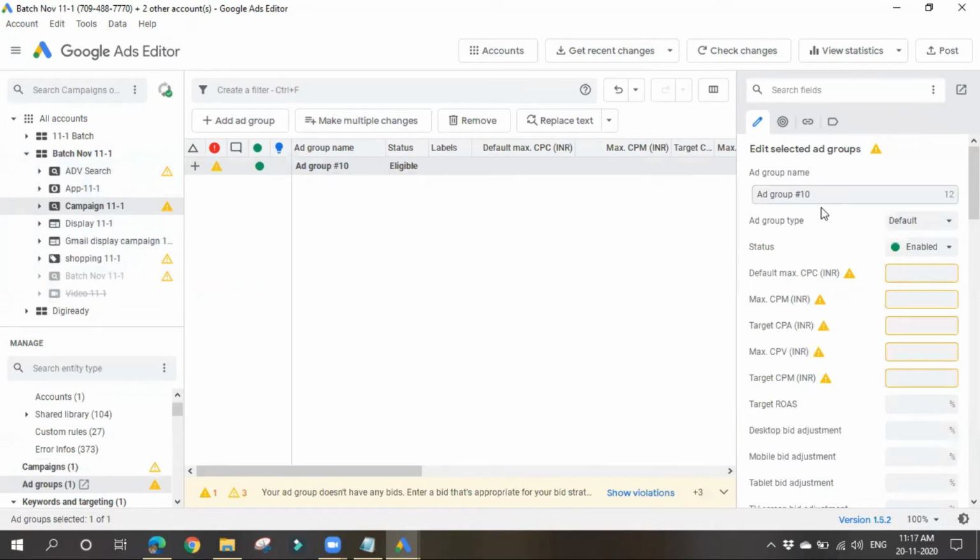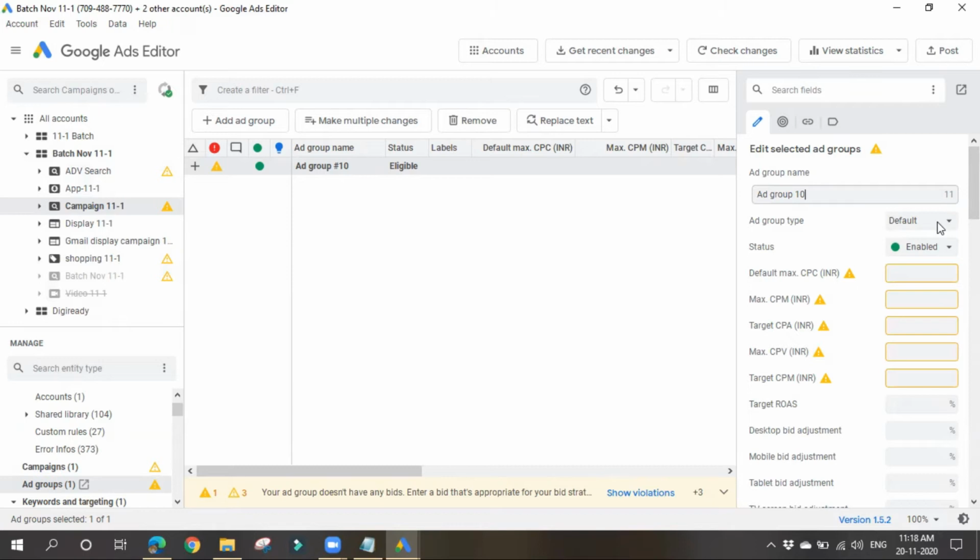I'll name it differently so that I can recognize it when I upload these changes to Google Ads. Then I can show you whether it is working or not.